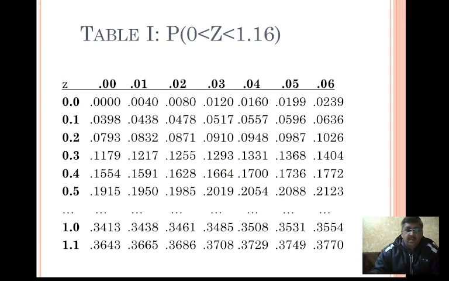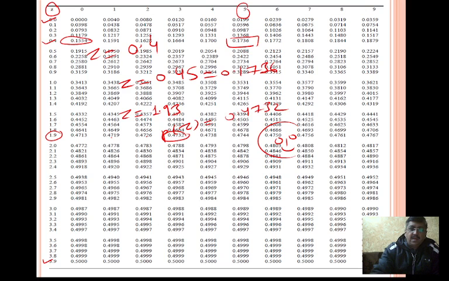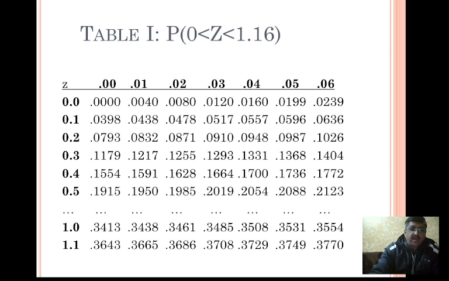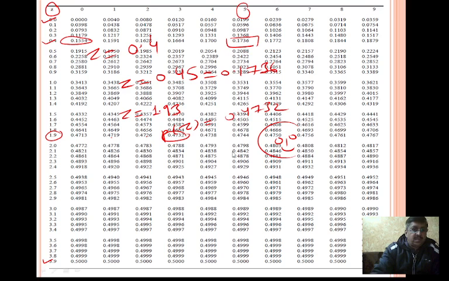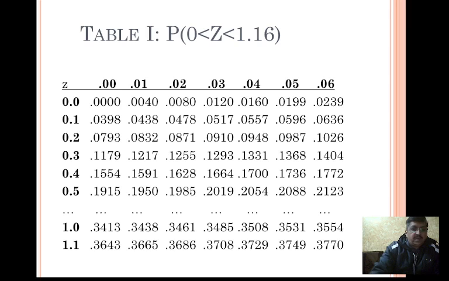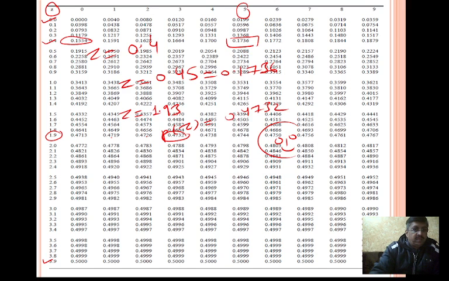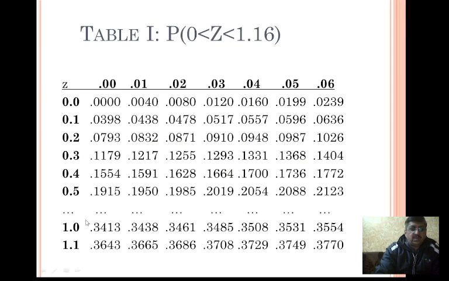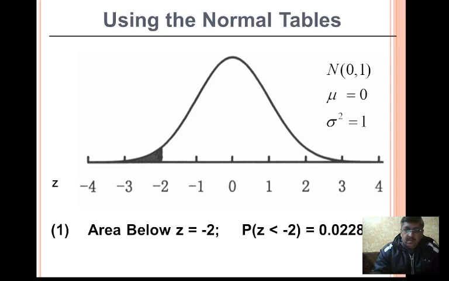Yeah, I'm zooming. I've just zoomed the previous one. Earlier you can see that it was for 0 to 3.9, and here I'm just showing 0 to 1.1. So everything remains the same, no changes there. The only point is that, for better understanding and clarity, the values are shown here. So you can see that for 1.0 it is 0.3413, and here also for 1.0 it is 0.3413. Everything is the same, just assume the values like this, and for 0 to z, up to 1.16, it is like this. Alright, next table. This is another part.